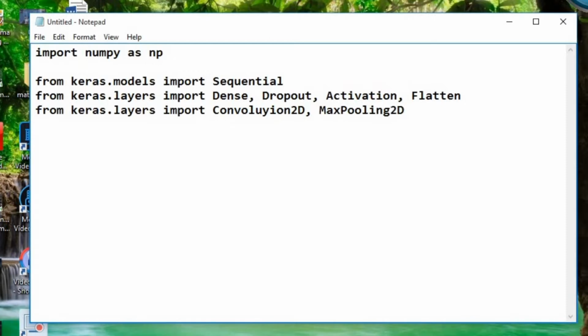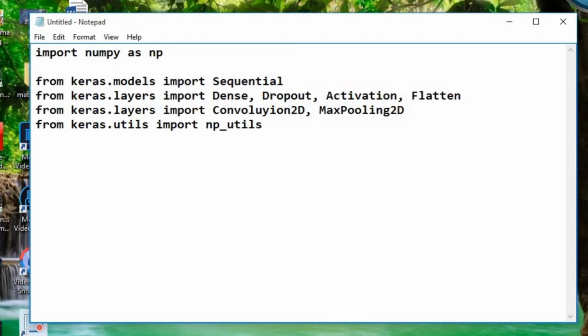From Keras dot utils import np_utils for handling NumPy arrays.